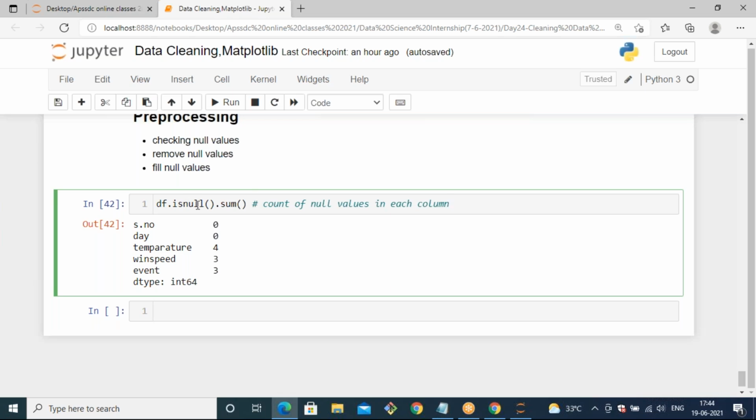So isnull means after taking the data set, we should know what is the unwanted data, or what is the missing data, or what are the null values. If you want to know that, we can use isnull as the method. It will give you true wherever it finds a null value, and false whenever it is not a null value. If you want to find the count of null values with respect to columns, you can use isnull().sum(), so that you will get the count of null values for every column.